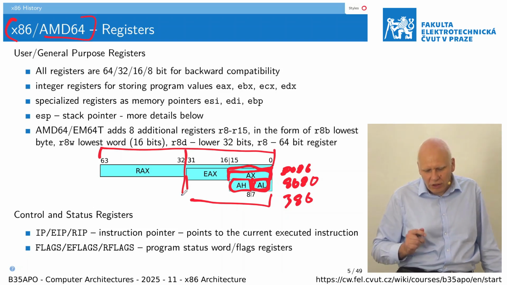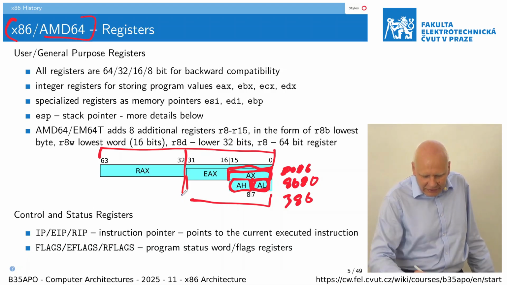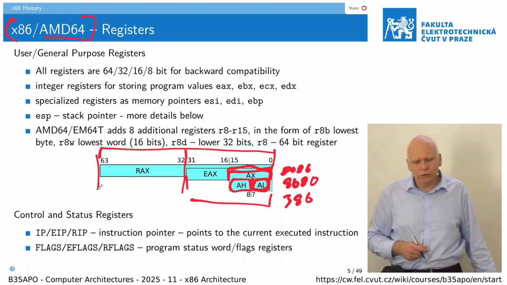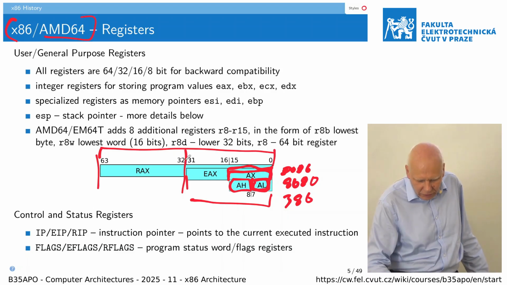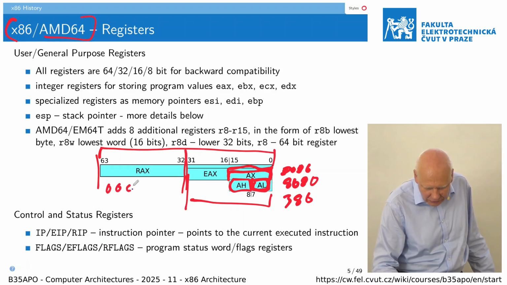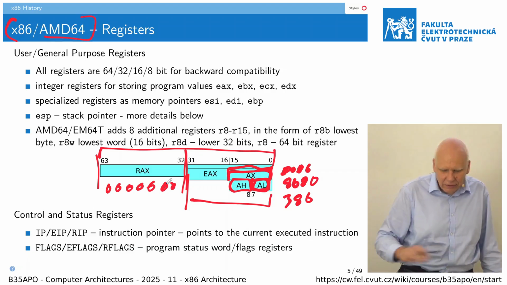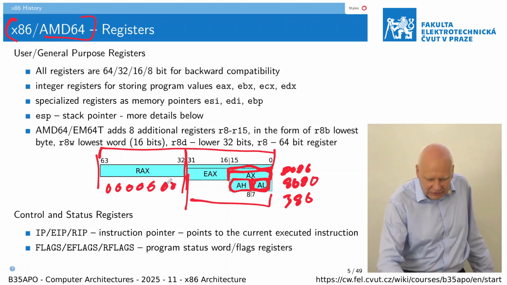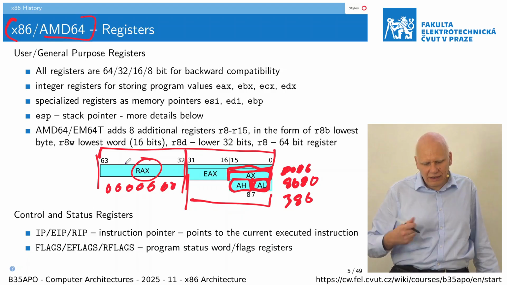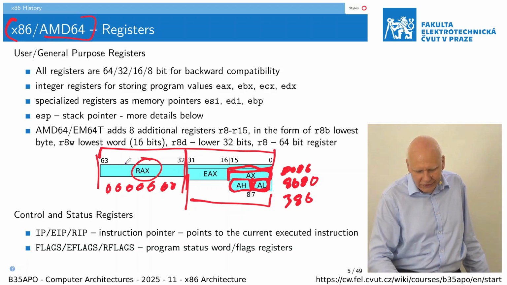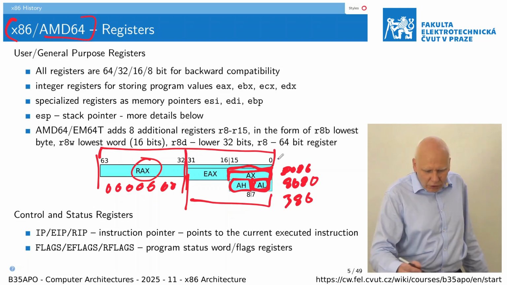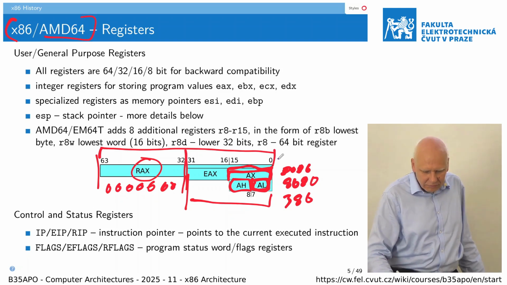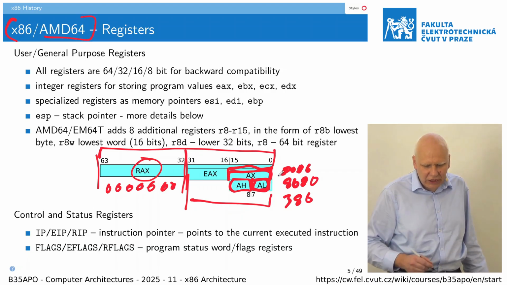So for this reason, there has been a problem with the optimization and the speed. So for this reason, when AMD extended the processor to 64-bit, they decided that if you store the value only to the lower 32 bits, then the rest is zero extended. So basically that whole RAX 64-bit register is rewritten for each of those 32-bit operations. Those are those 8 registers or 16 registers which are used for the